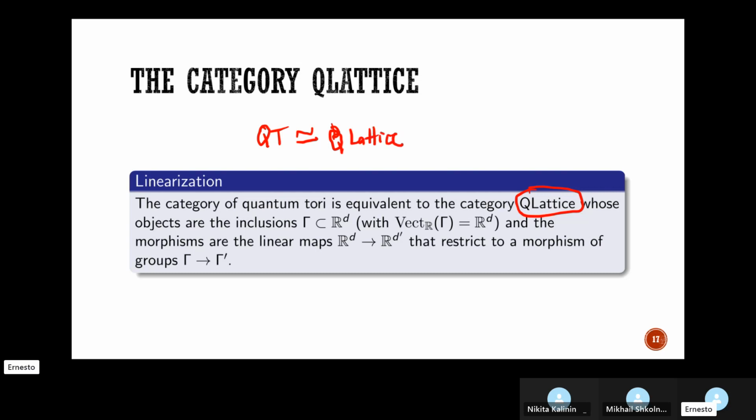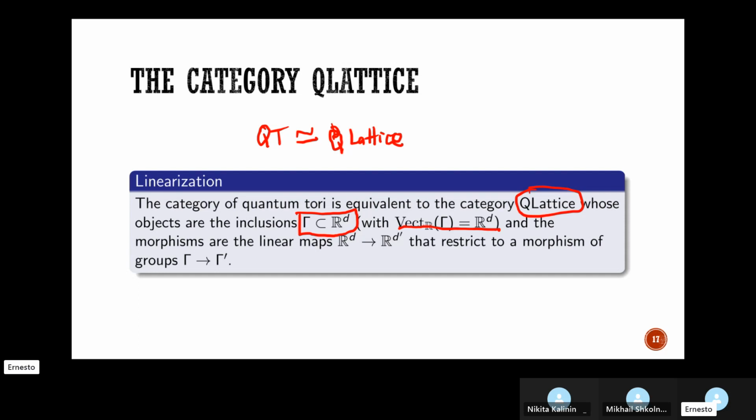It doesn't use all this stacky or Picard stack or anything like that. And so there is this theorem or lemma or proposition that says that the category of quantum lattices has as objects inclusions of finitely generated groups gamma inside of R^D that generate all of R^D, and the morphisms